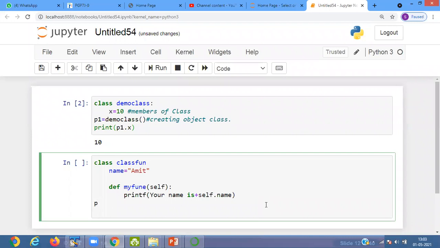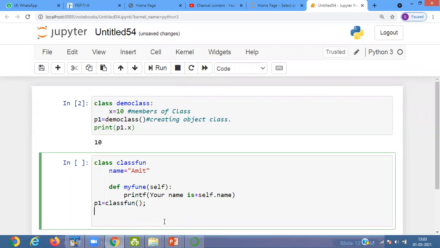Then first you have to create an object. Suppose p1 equals class fun, then p1 dot.